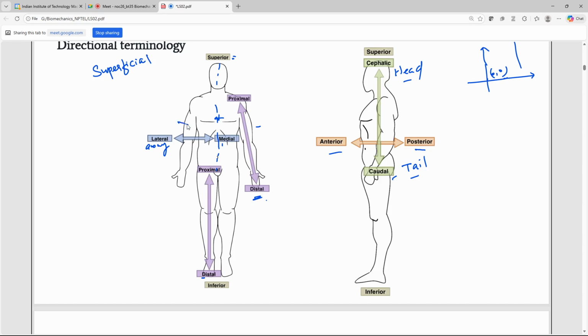Suppose I am taking a cross section of the hand here. It will look something like this. Centrally there will be the humerus bone, then muscles, then the skin. So when we have some cross-section kind of thing,